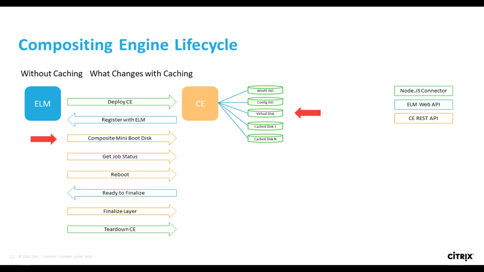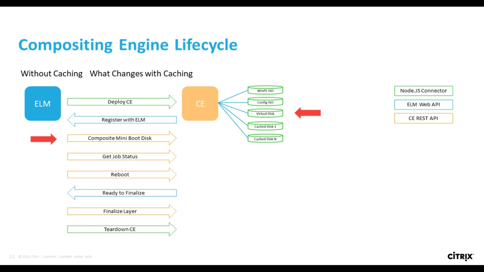And if you look at the life cycle of a compositing engine, we're first going to discuss it without caching, because it's a bit different depending on how you have your connector configured to use caching or not caching. So without caching, when it creates the appliance, the connector deploys that CE appliance. It has those disks attached that we talked about, and a disk that's writable. It's going to combine the OS layer and any prerequisite layers into the single disk that it has and boot that up